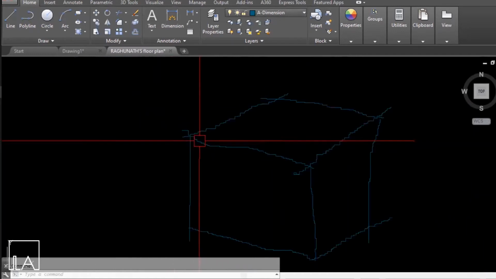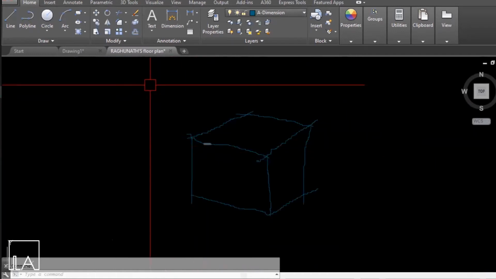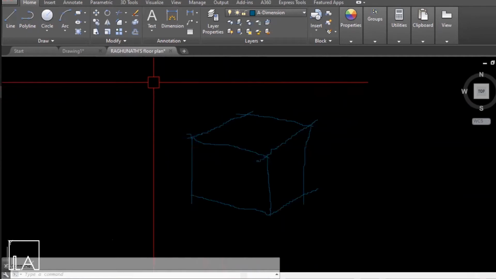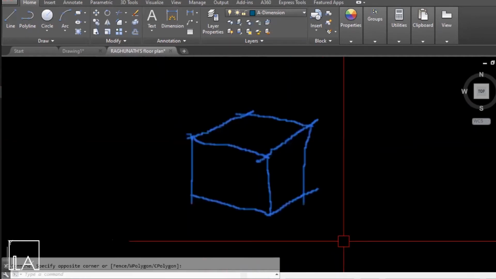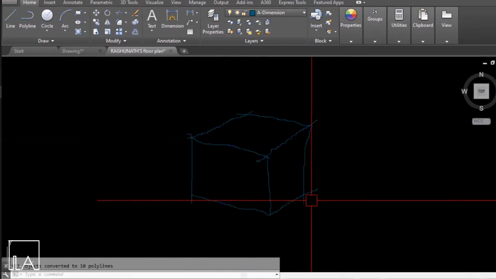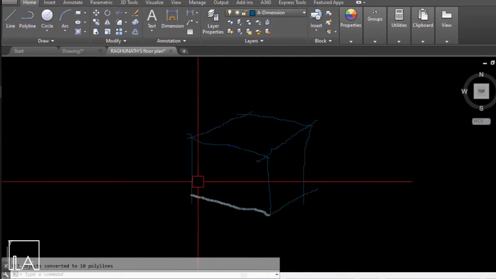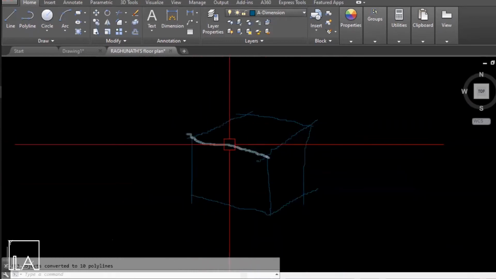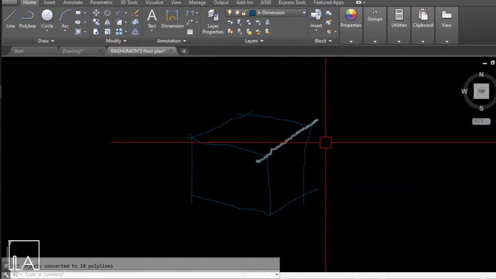in AutoCAD. To join them all together, you can either convert them to a block or just select all of them and then say join command, J enter. And now you can see different lines coming together to form a sketch. So this is about your sketch command in AutoCAD.